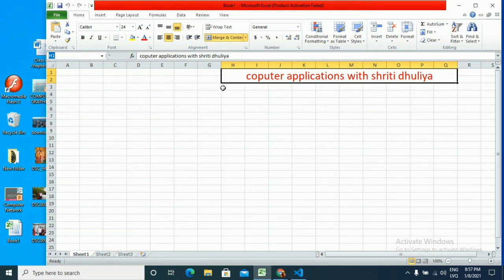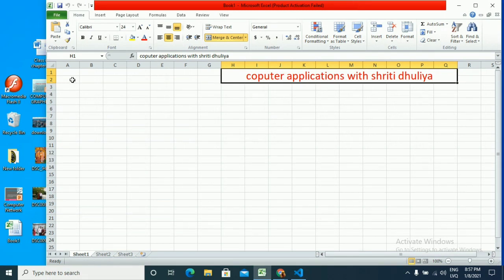So right now this cell is selected, so it is showing H1 in the name box. Next is the formula bar. Whatever we type in the active cell, the selected cell, is displayed in the formula bar. And it is also used to apply a formula to your document, so we can calculate some values.